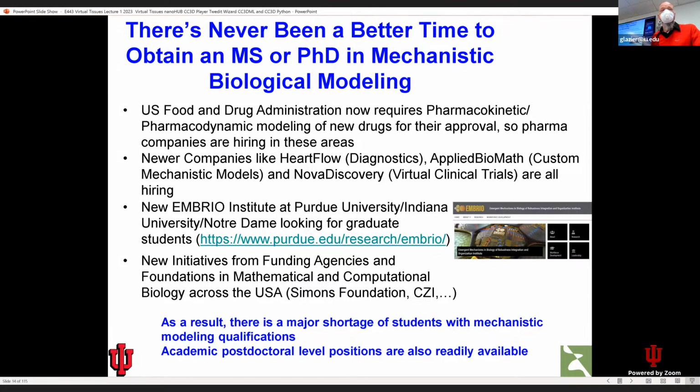And there have been, again, of course, venture capital has dried up a little bit in some of these areas in the past year. But there are a couple of companies in this general area, like HeartFlow, Applied Biomath, and Nova Discovery. This slide probably needs to be updated because I haven't checked if they're still hiring as of today. Six months ago, when we taught the summer course, they were all recruiting